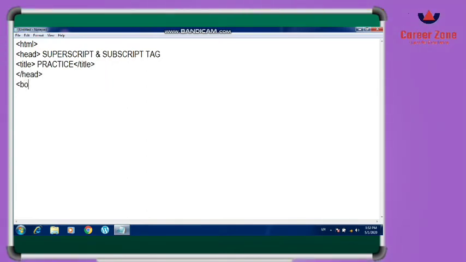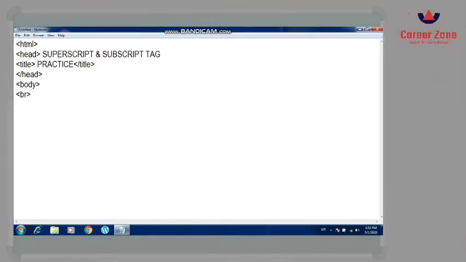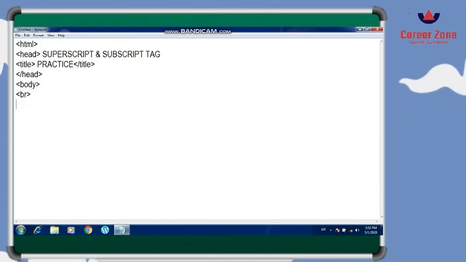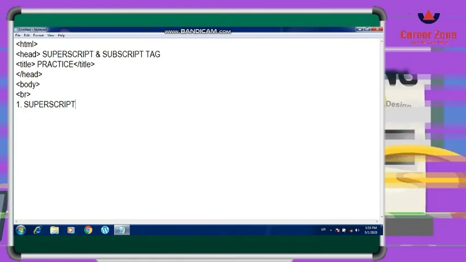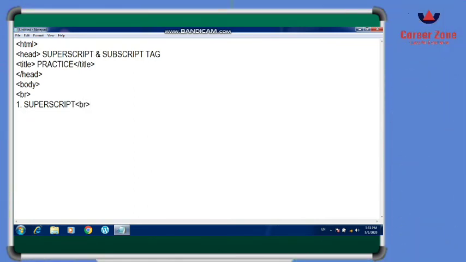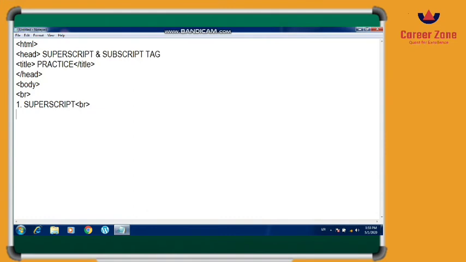So I'm writing here using the BR tag because the head will be shown along with the information written inside the body tag. So I'm going to open the BR tag and I am writing here superscript. How to write? Again open the BR tag here so that there will be a difference. Suppose I want to write the maths formula, so I want to write, suppose, a square plus b square, so I will write here a. Whatever text you want to be on the top of any particular alphabet, you have to open the sup tag, write the number within it.